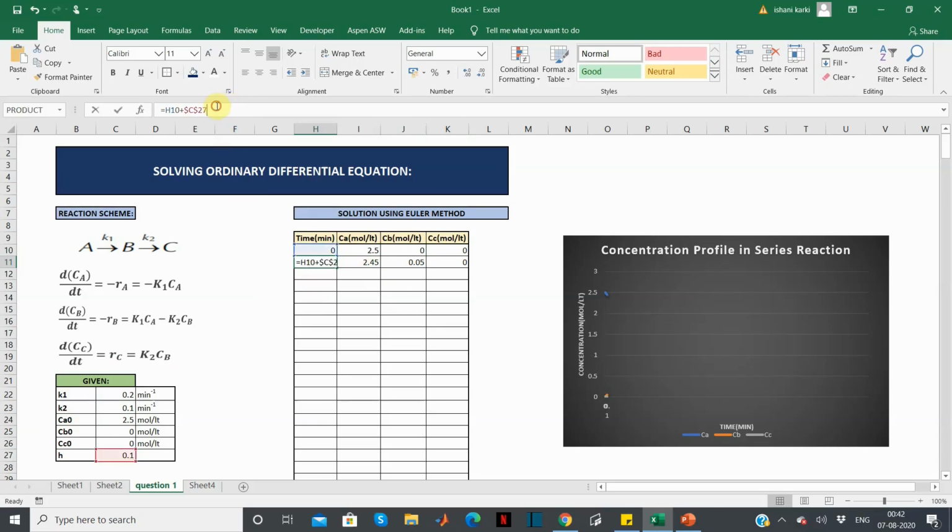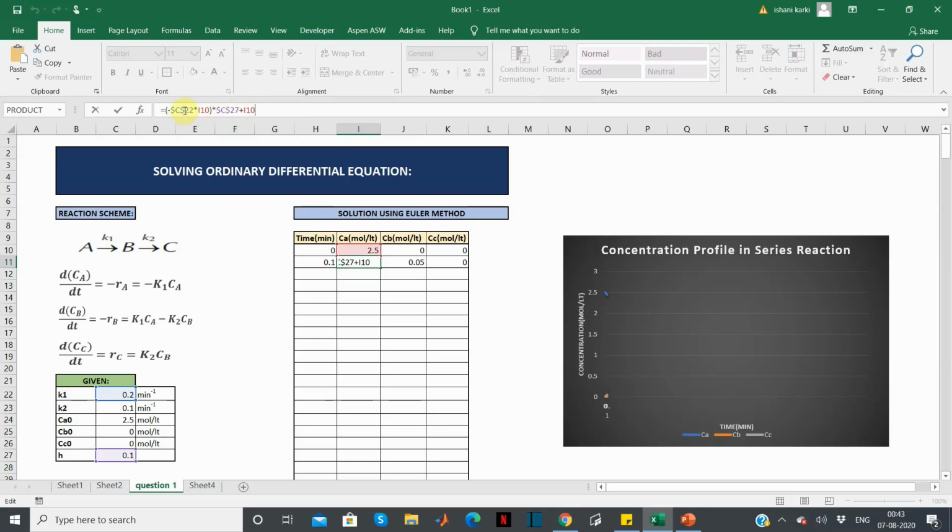You can just add h value to the previous value, and since h is constant, put a dollar sign here so that it remains the same throughout. So this becomes 0.1, and for CA is minus K1 CA. So according to our Euler solution, it should be CA naught, which is this, plus h, which is this 0.1, and h will remain the constant, that's why dollar sign here, multiplied by minus K1 dot CA.